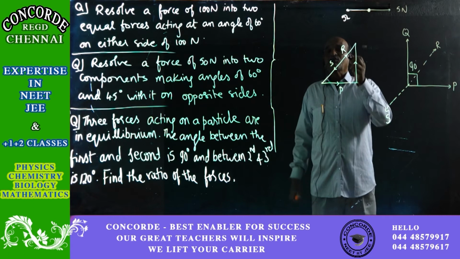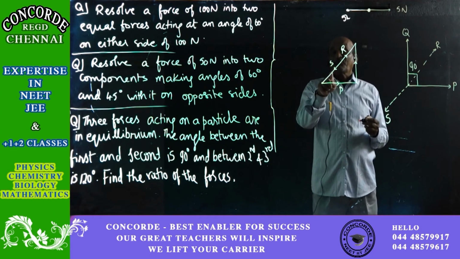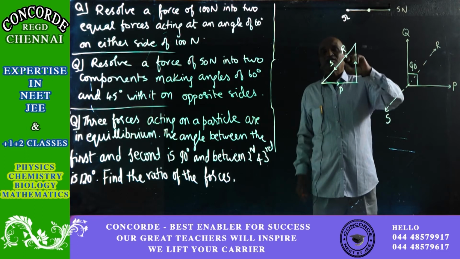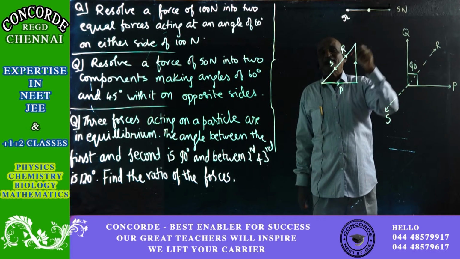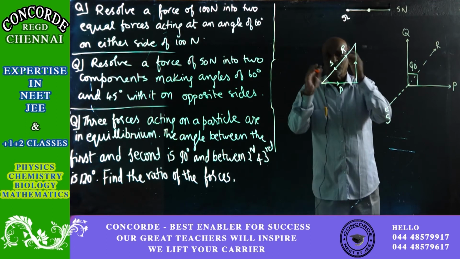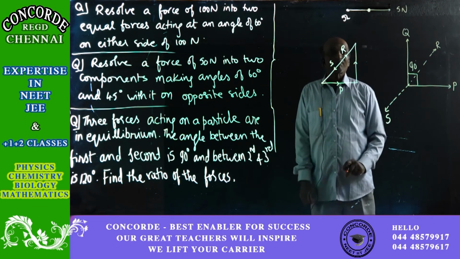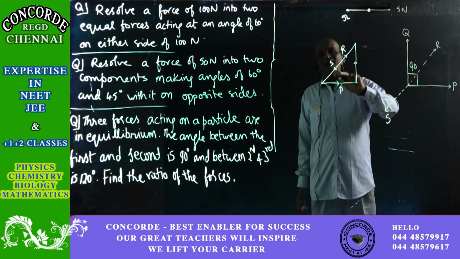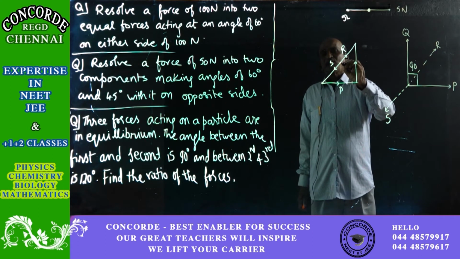So when you remove the resultant and bring the third force, equal and opposite, the resultant will move the body in one direction, the opposing force, same length, will move the body in the opposite direction, both will get cancelled, and equilibrium will be there. So resultant and S, they are equal and opposite.